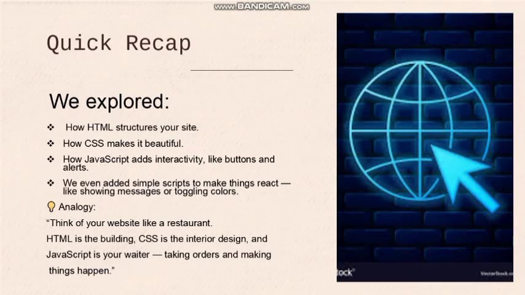Quick recap. In our last videos, part 1, part 2 and part 3, we have been able to explore how HTML structures your website, how CSS makes it beautiful, and how JavaScript adds interactivity like buttons and alerts. We have even added simple scripts to make things react, like showing messages or toggling colors. Let's think of your website like a restaurant. HTML is the building, CSS is the interior design, and JavaScript is your waiter taking orders and making things happen. Moving on,